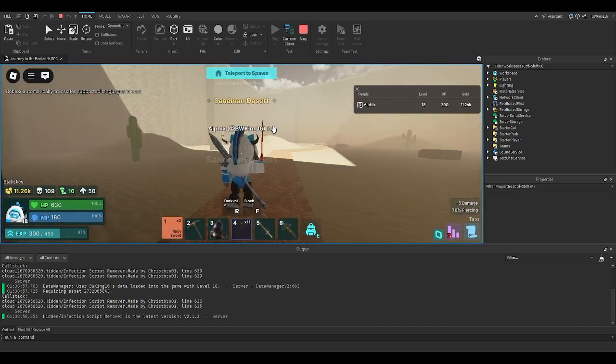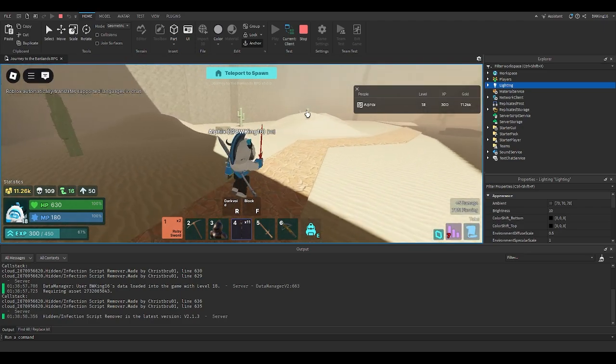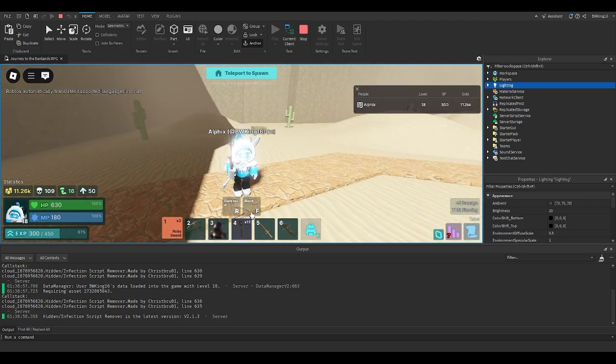So basically, once you do this, I think it changes it to 10. If I'm correct, they have changed it to 10. So yeah, it's pretty much how it works. Oh my god,